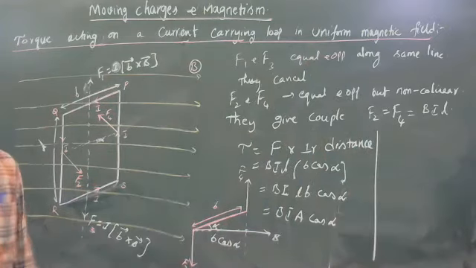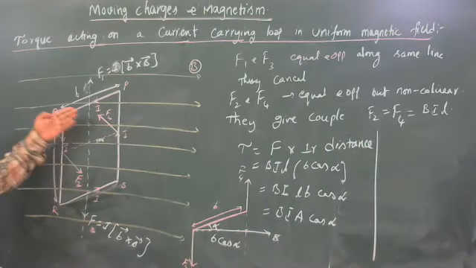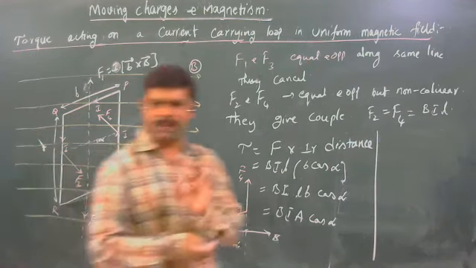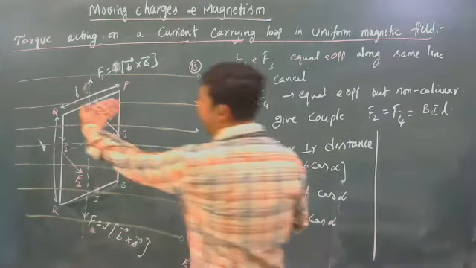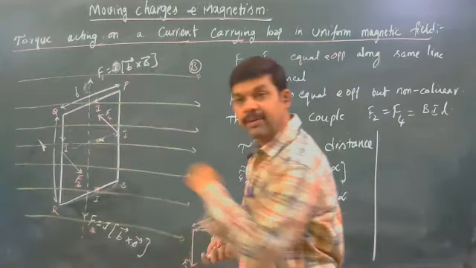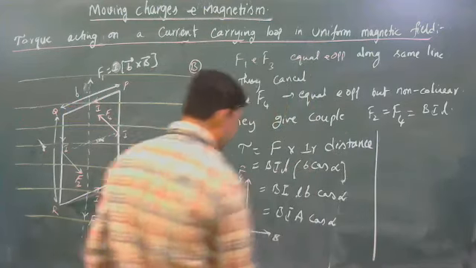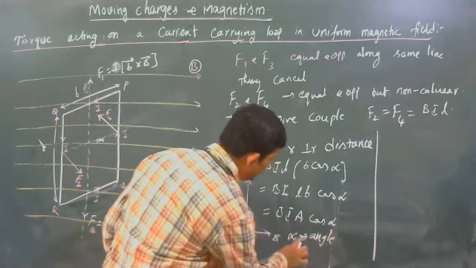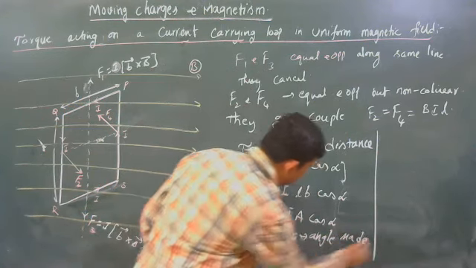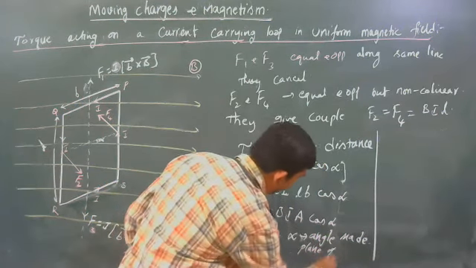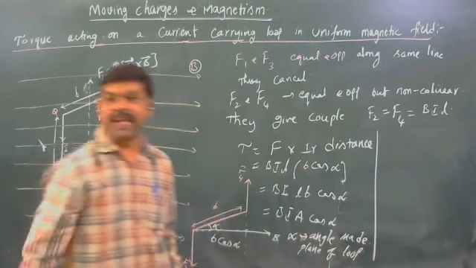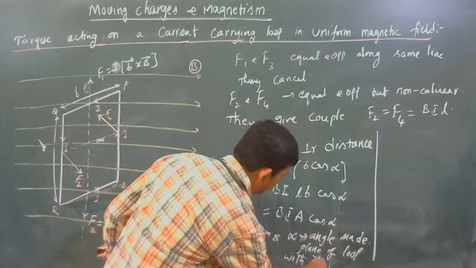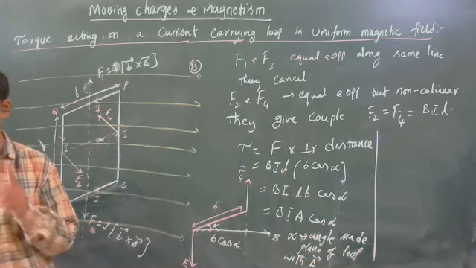What is alpha there? In the problems they say it like this: angle made by the plane with field direction. So alpha is the angle made by the plane of the loop with field direction. That is a very important note point. Whenever you are